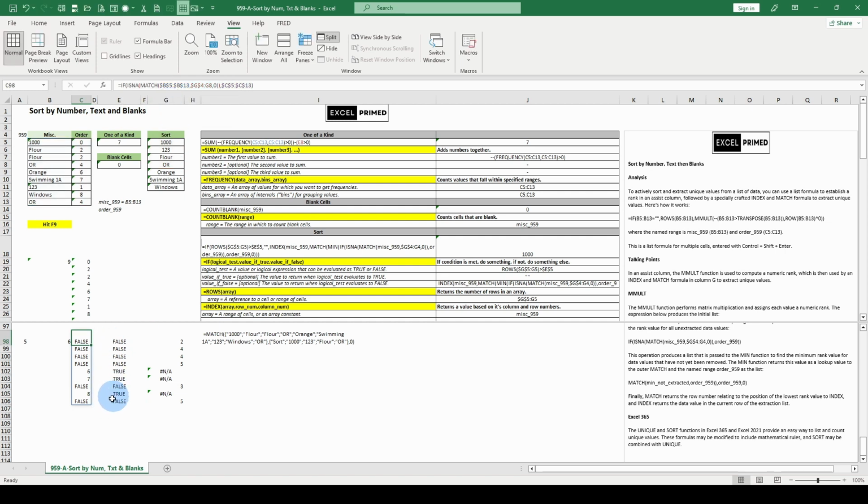We have these trues. Then we have to go C5 to C13. C5 to C13. If true, find the NAs. What do we have here? We have 6, 7, and 8. Notice we have 2, 3, 4, 5. If you parse this, this is going to be 2, this is going to be 3, this is going to be 4 in terms of priority. So now we have this if is NA. Then